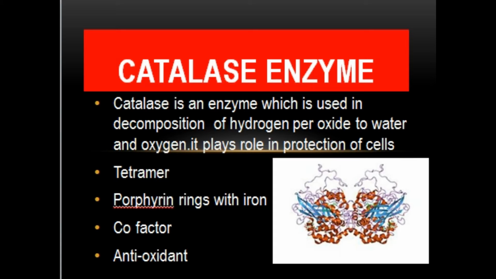Furthermore, it contains 4 iron-containing heme groups that allow the enzyme to react with the hydrogen peroxide. So, it contains a porphyrin ring along with the iron, and the structure is very similar to the hemoglobin heme structure. The optimum pH of the catalase enzyme is approximately 7. For nearly all enzymes, the approximate pH for functioning is about 7, or there is a range of pH starting from 4 up to 9. However, the best optimum pH is 7, as it is the human neutral pH.